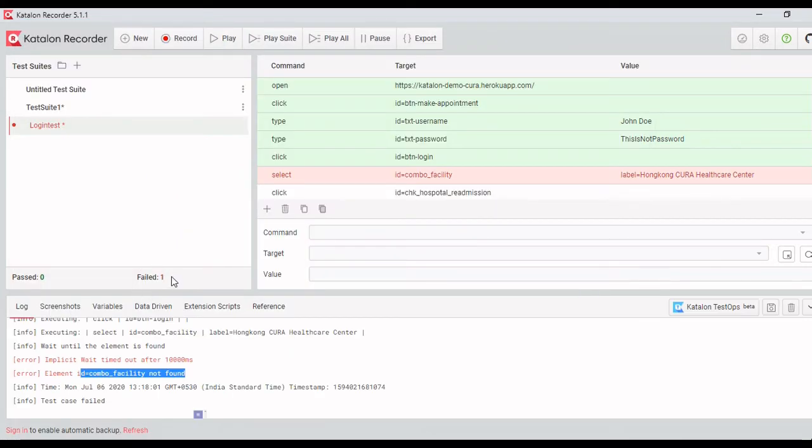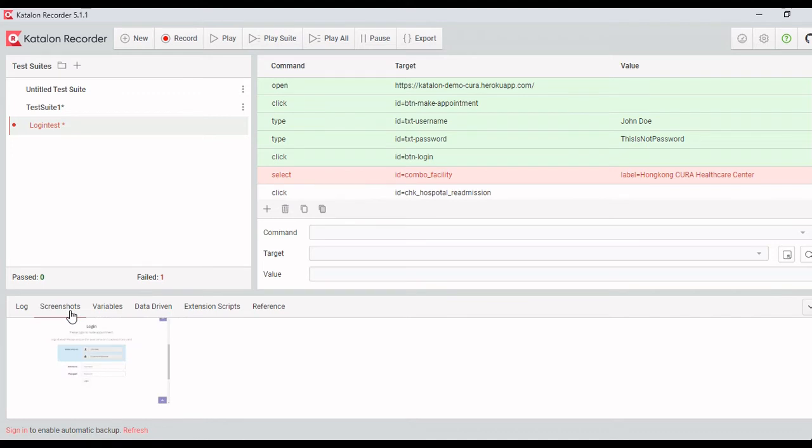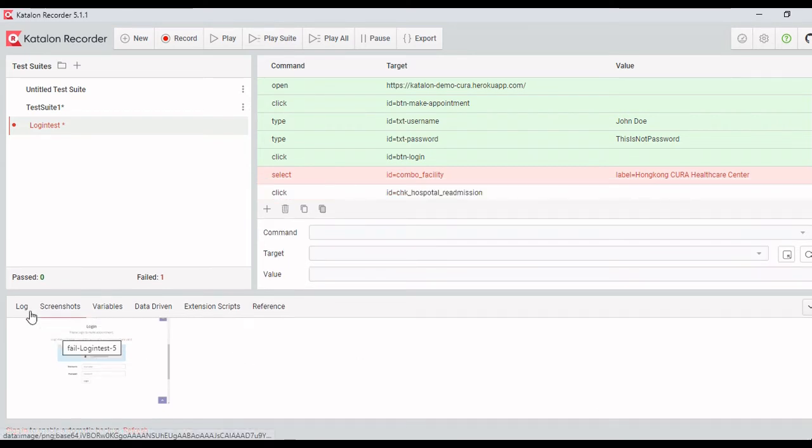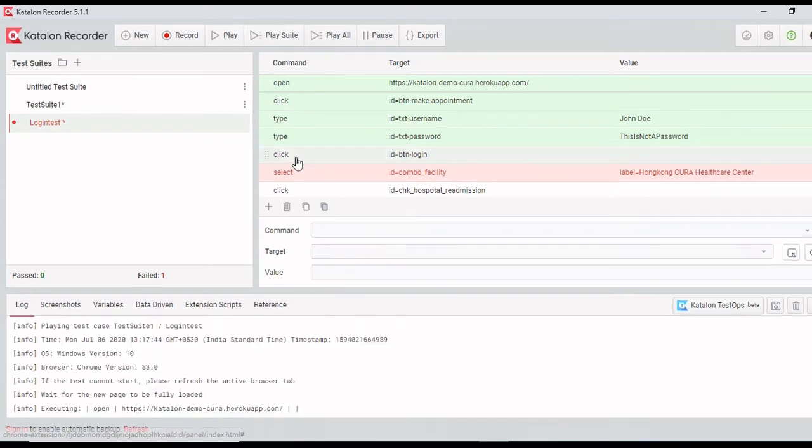Here it shows the test case is failed, and the failure is showing exactly after login. We will see the screenshot. It shows the screenshot if the test case is failed. It also downloads the screenshot if you click on the screenshot, and you can see the screenshot in the log also.